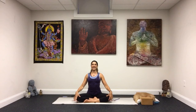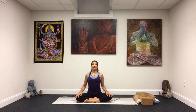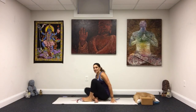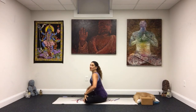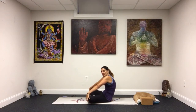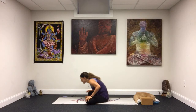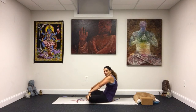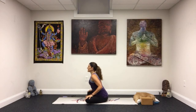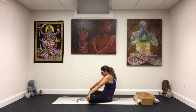So starting to open the front body, the heart a bit, as you inhale, draw the chest forward. As you exhale, draw back. Inhale forward, exhale, come back. I'm going to come onto the side. Again, we're just warming up, so not being too extreme yet with the moves, but just getting the body waking it up gently so we can be a little more fierce as we get ready. One more here,